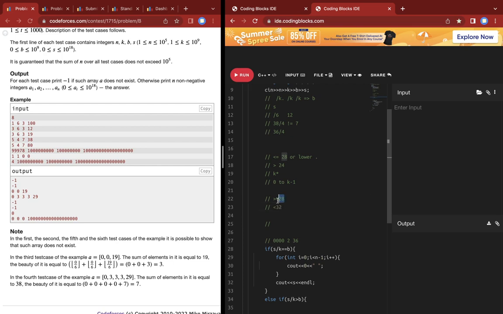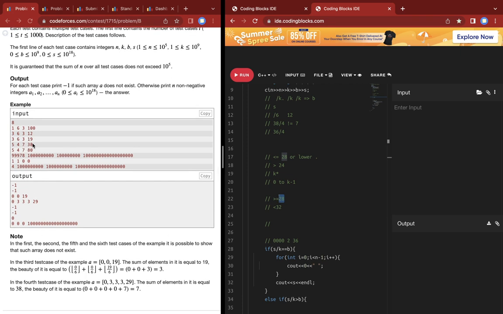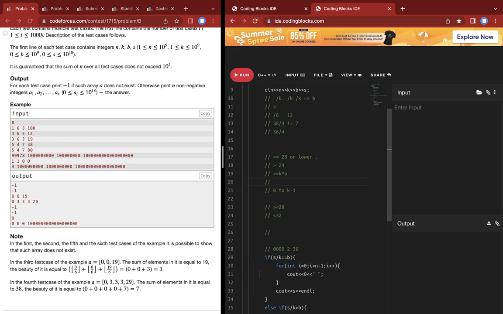Because this is 7 into 4 and 7 is B here, so K into B से बड़ा या इक्वल और K into B प्लस 1 से छोटा।